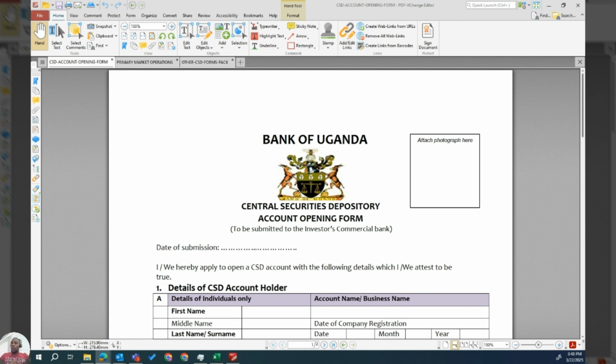One of the things that you're going to notice is, for as long as you have a bank account in Uganda with a commercial bank, you can invest in treasury bonds and treasury bills. So whether you are a foreigner, whether you are local, whether you are a child or whether you are old, the biggest requirement, your biggest entry to investing in treasury bonds right now is the capacity to have a bank account. So whoever has a bank account in Uganda that belongs to any commercial bank can invest in